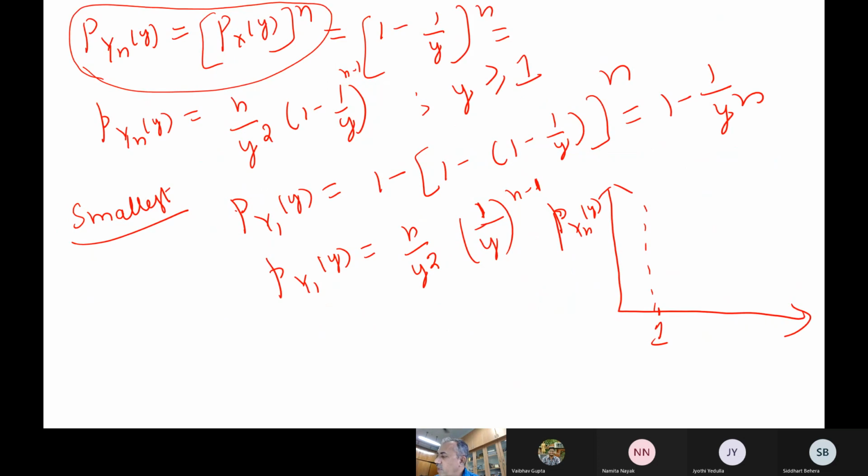Okay, so now here also when n is equal to 1, obviously 1 by x square, the decay is not exponential, it's a quadratic decay. Now as the number of samples increases, the extreme value and the original data, they change actually. So this is n is equal to 2 and n is equal to 5. If you plot it in MATLAB, you can see as the sample size increases, the peak shifts towards the right hand side, and the probability of observing the extreme values automatically increases. So this is also one very important thing. So this is a polynomial distribution.